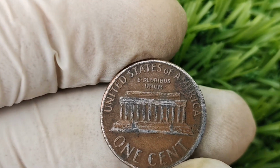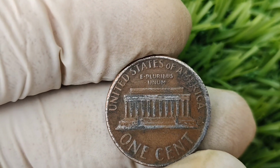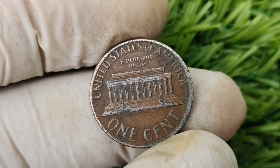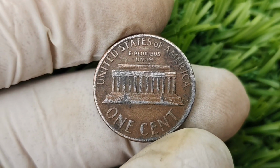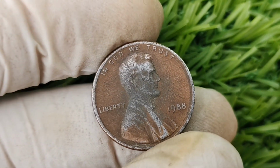That mint marks matter way more than we ever realized, and that maybe, just maybe, cleaning out your junk drawer could be more profitable than winning a scratch ticket. If you're into hunting for hidden treasures, turning pocket change into paychecks, and learning all the juicy details about rare coins,